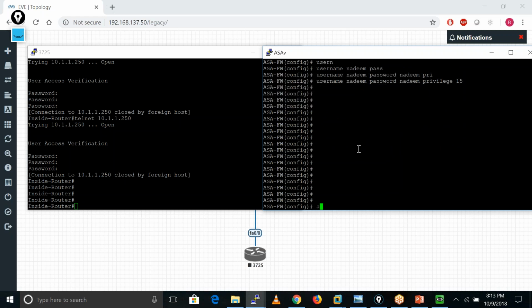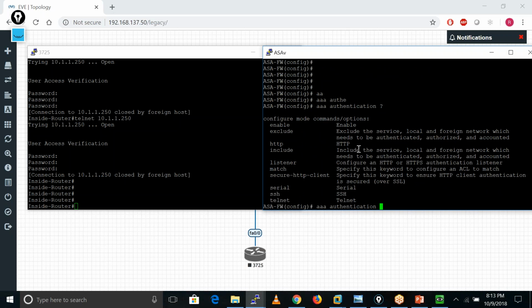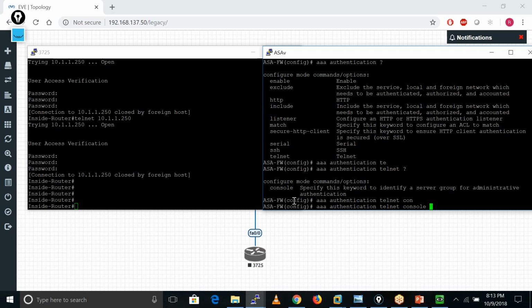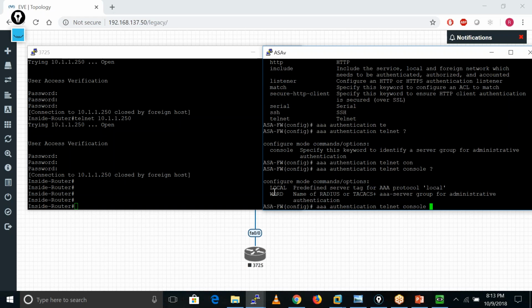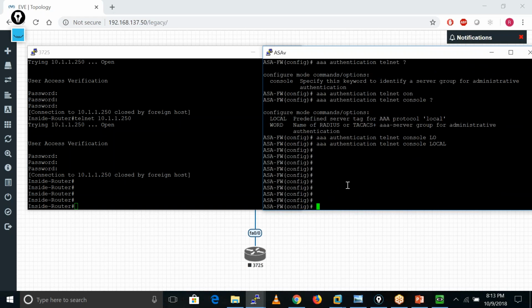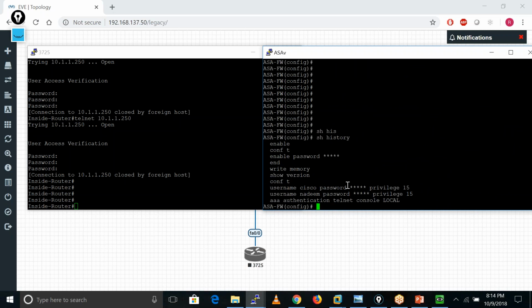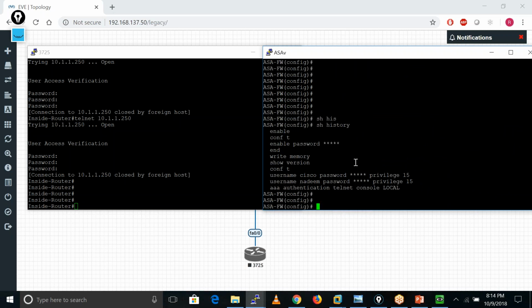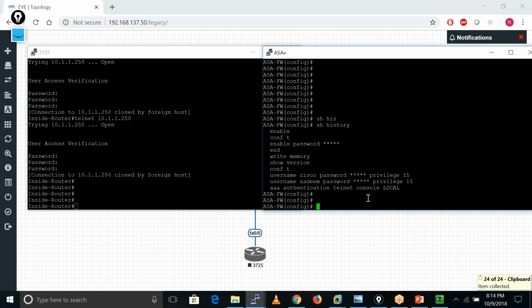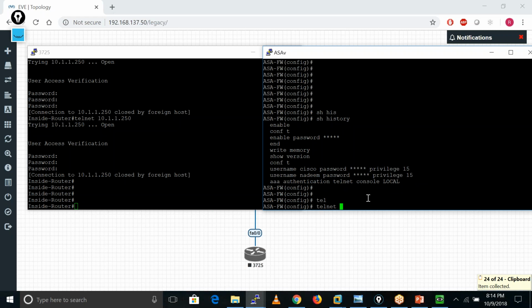Now I'll run this command, aaa authentication telnet console, and here I define the local keyword. These are the main commands to configure telnet. We need to configure the username and password here, and we also need to enable telnet.